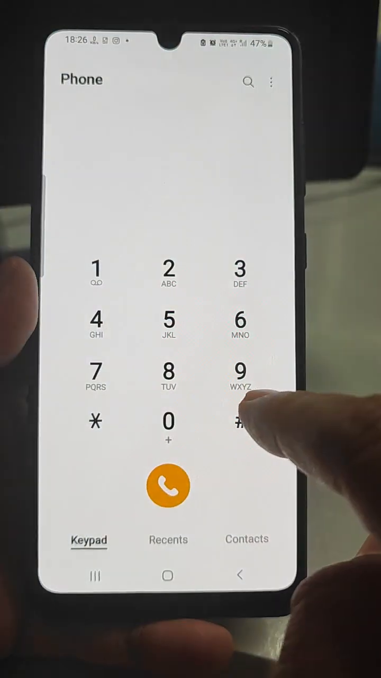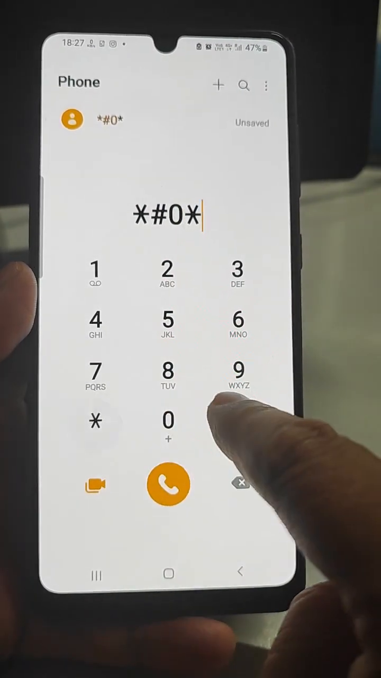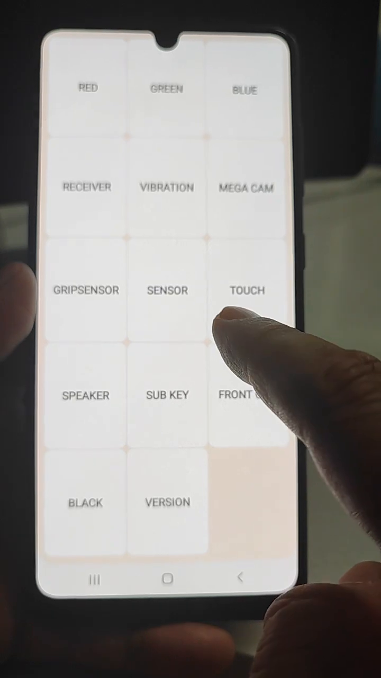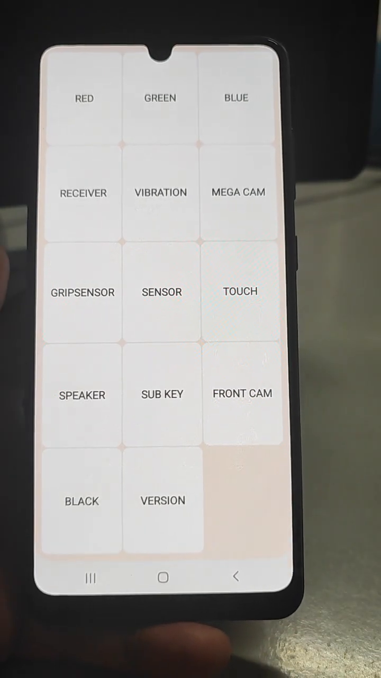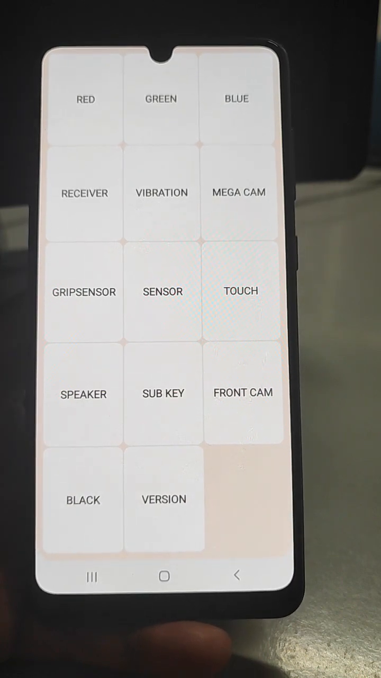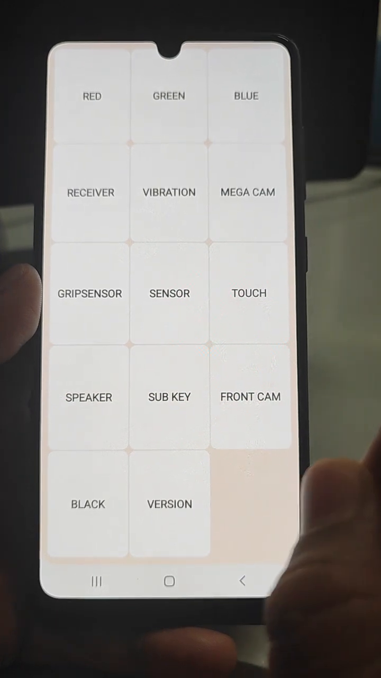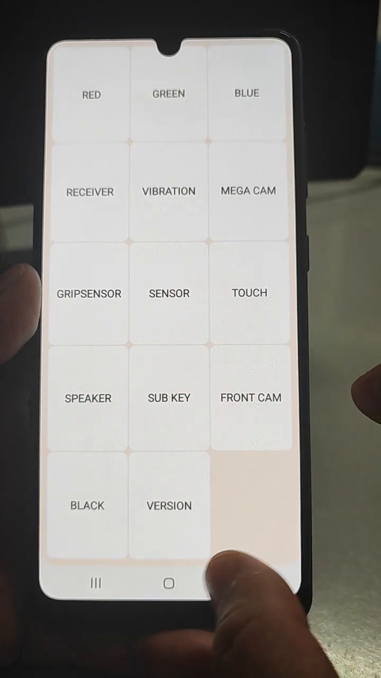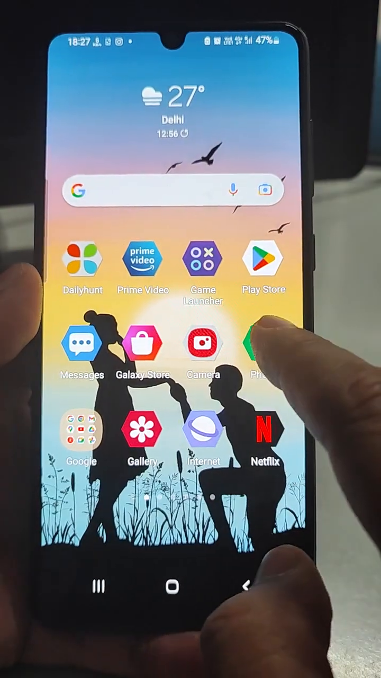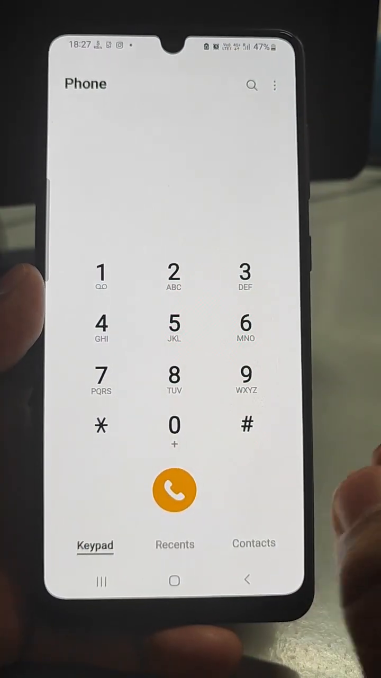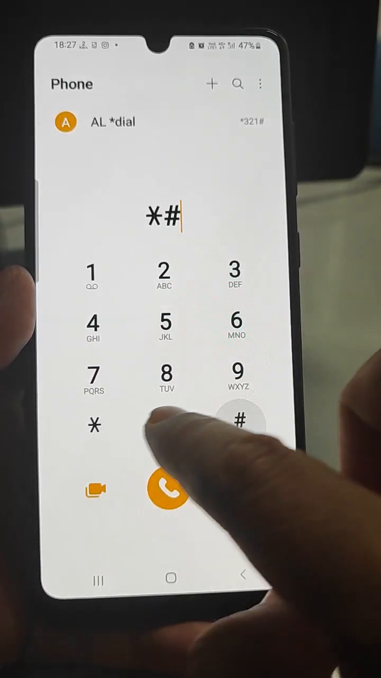for your mobile. Suppose you have a Samsung mobile, then dial star hash 0 star hash, and this screen will come. Then you can see the speaker sounds here. From here you can be assured that the speaker of your Samsung mobile is working. And if you have another mobile, Oppo or any MI mobile, then the code is star hash